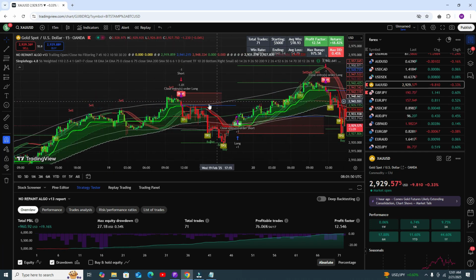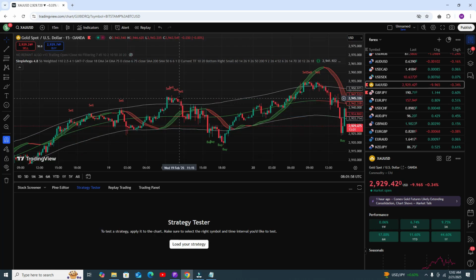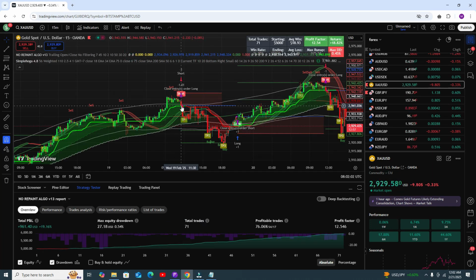Okay, here you can see you got the signal. Let me show you, because here you can see you got the sell signal, and the second indicator gives you the sell signal, so that is a very profitable signal, and you need to book the profit when the candle touches the lower band line.